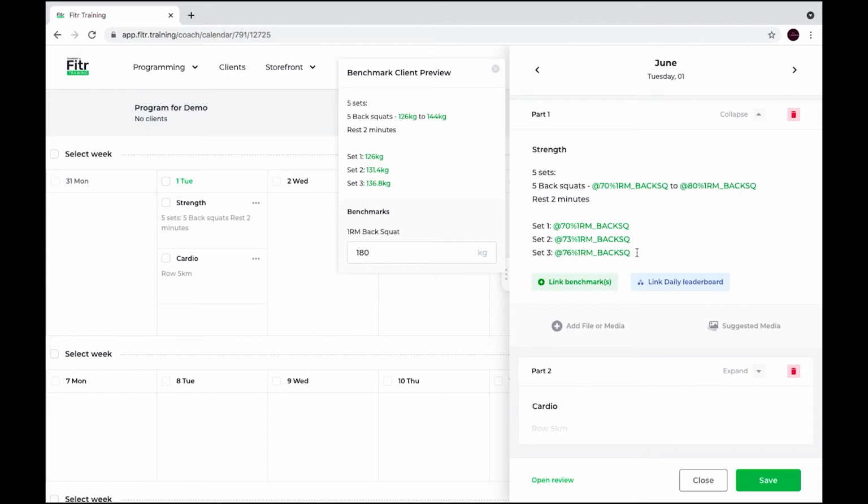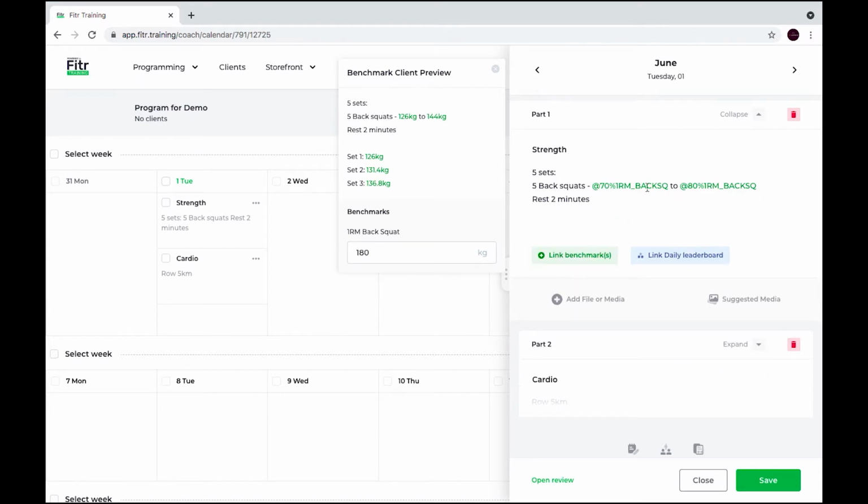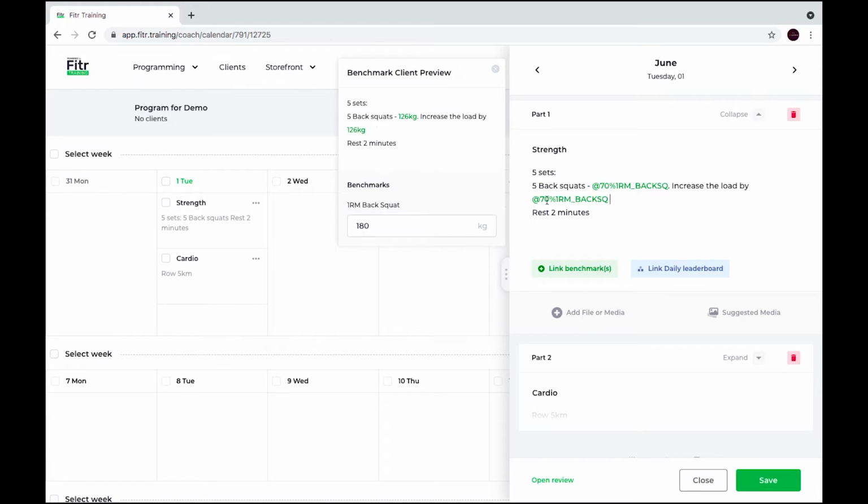Another option, again, it depends how you want to do it, so it's completely flexible. You could put at 70%, and then you could write increase the load by, and let's say 5% each set. So you can see here, 5 back squats at 126, increase the load by 9 kilos